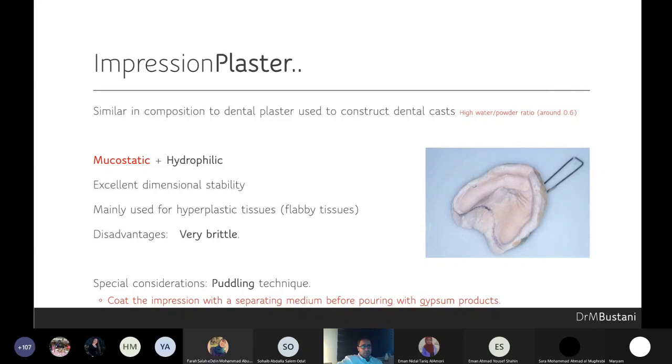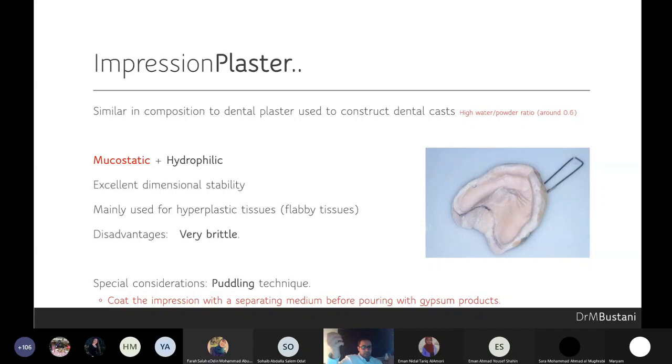Except with plaster. Plaster has a very flowy consistency. So even when you take the impression, you can move it a little bit back and forth and right and left until the material flows and covers all of the surfaces, and then hold it in place until the material